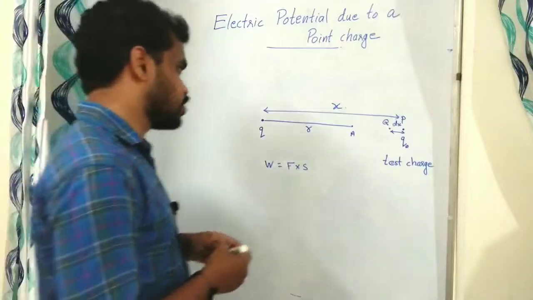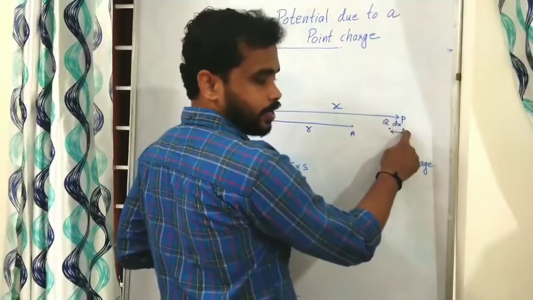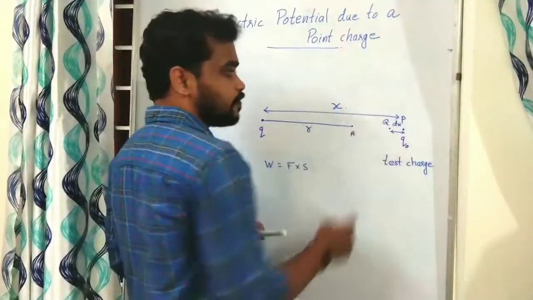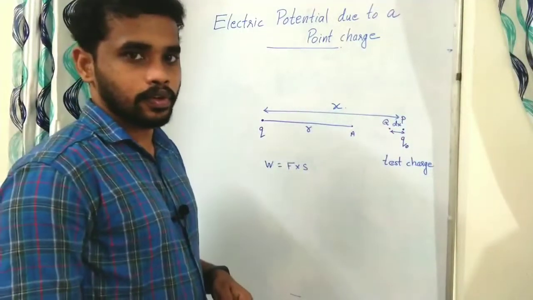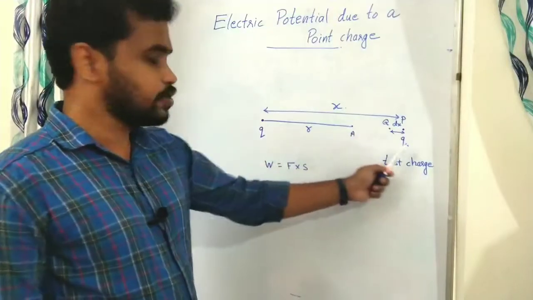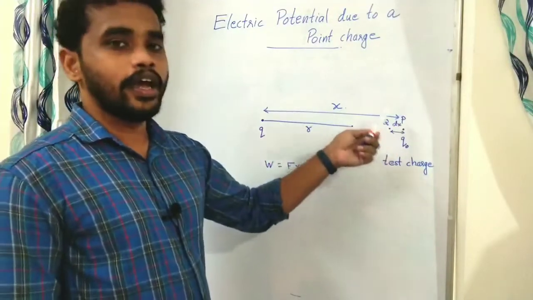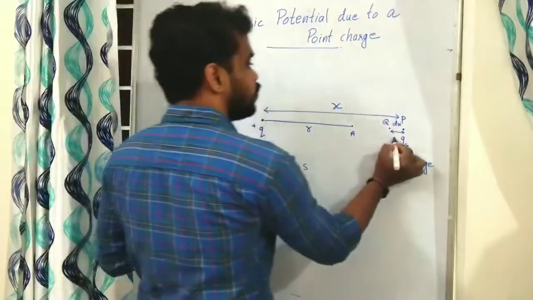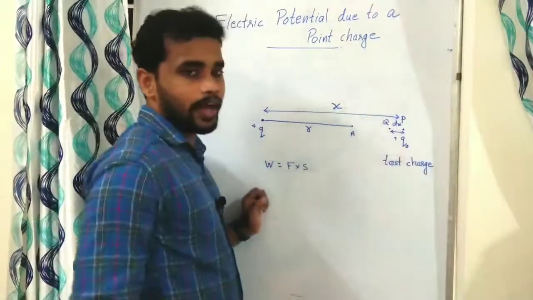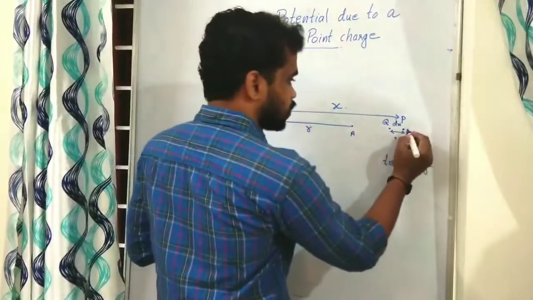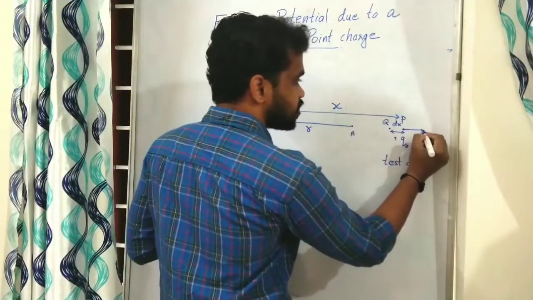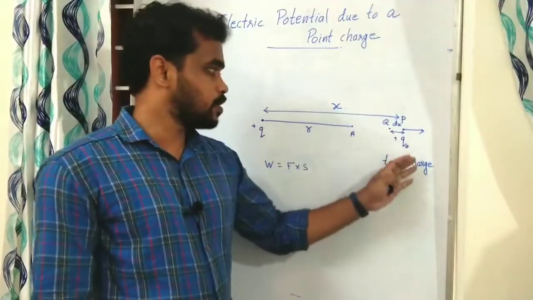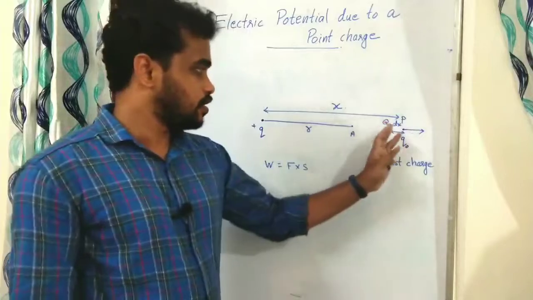When you place a charge Q0 at a distance x from the charge Q, a force will act on Q0. If you place two charges Q and Q0 very close to each other, a Coulomb force will act on them. These two charges are positive, therefore a repulsive force will act. The charge Q0 experiences a force in this direction because these two charges repel each other.